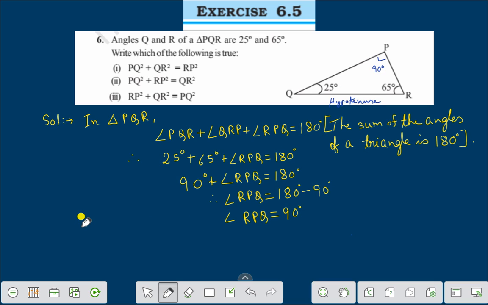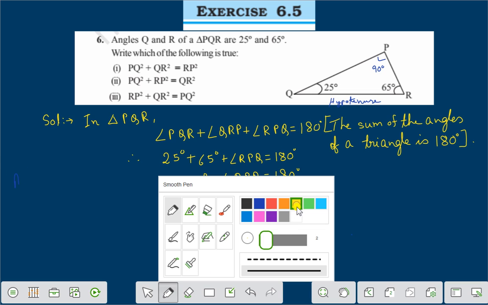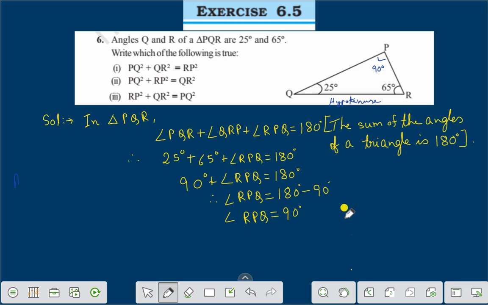Therefore, according to Pythagoras theorem,